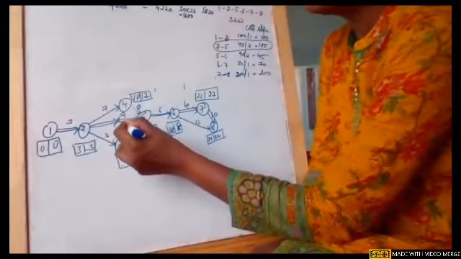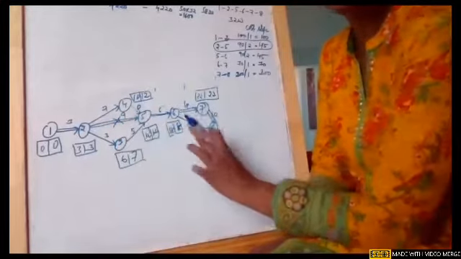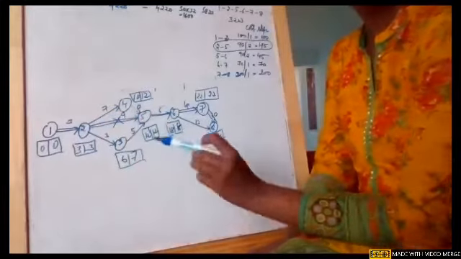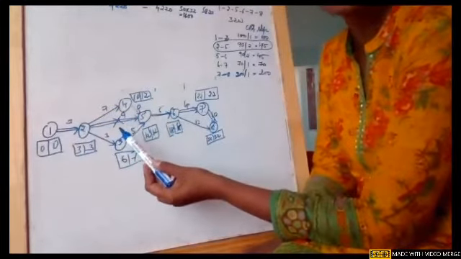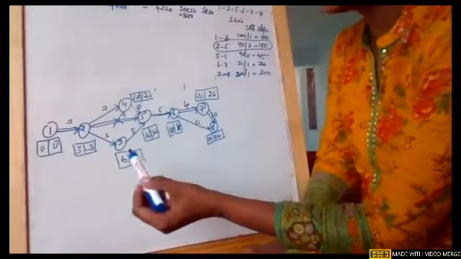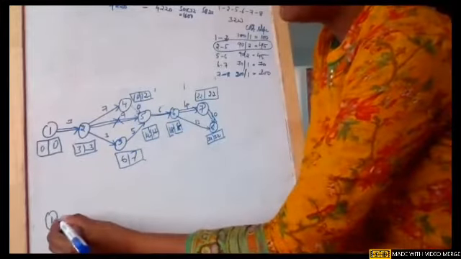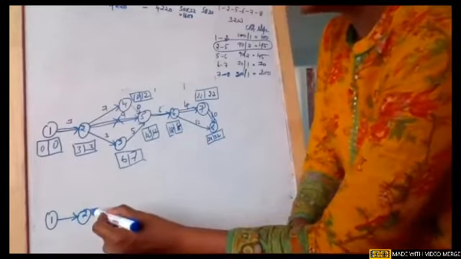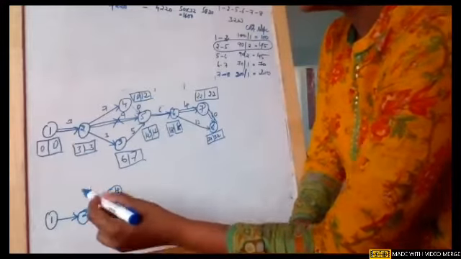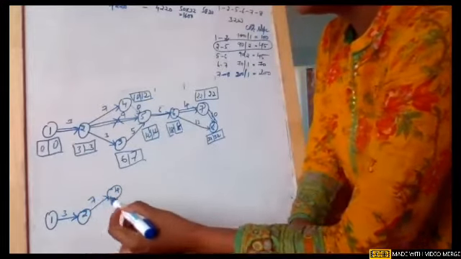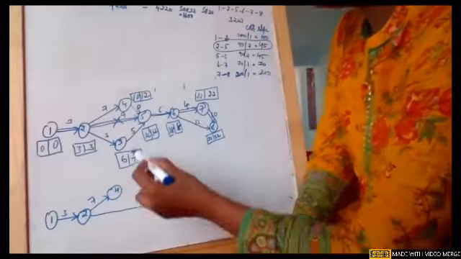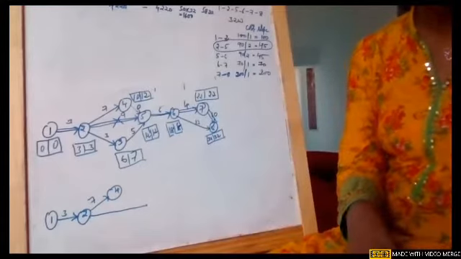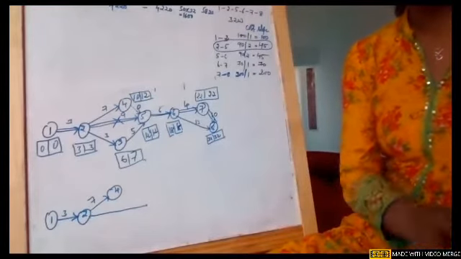So now if you see girls, this is the first network. For the next network, we crashed 2 to 5. I'm marking a cross on an activity which represents I am crashing that. So now see how it gets modified. The entire network remains same, only 2 to 5. Instead of normal duration, we will have crashing duration. So this remains 3, 7, and if you see 2 to 5, earlier the duration is 9. But under the given question, for 2 to 5, the crashed duration is 7.